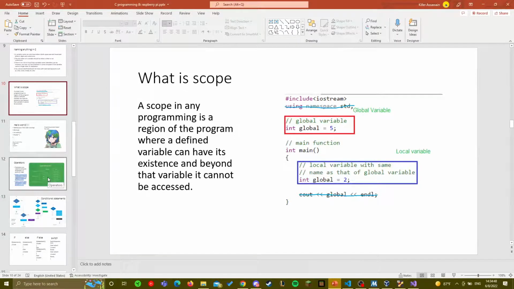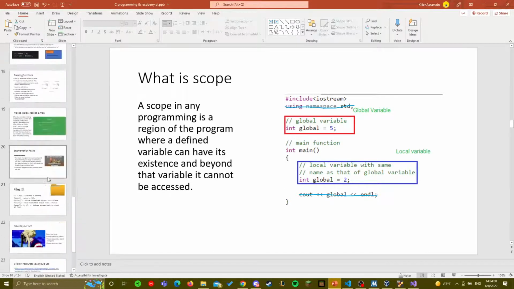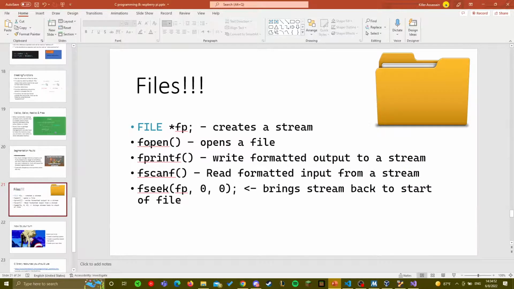They deal with streams in a whole other way than how we deal with it. But this is how you create your streams. Then you have to open everything that you're using, and you have to close everything you're using. There should be an fclose here, but whenever you open something, you should close it.